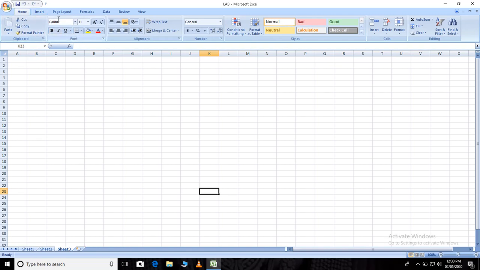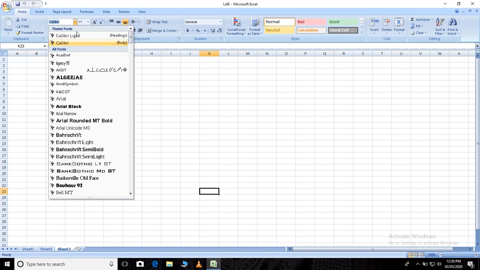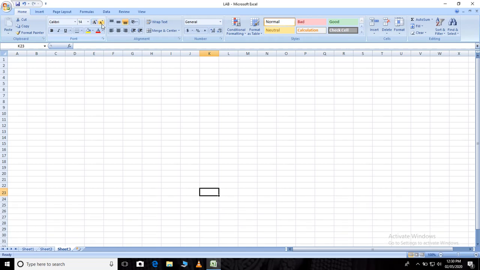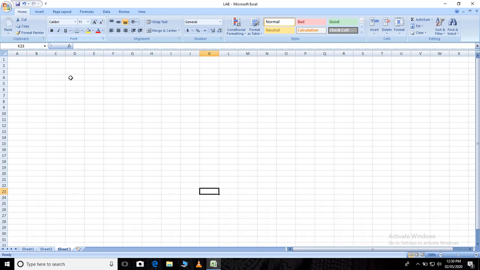Then here we have font size. Okay, you can here change the font type. If you click here, you will get different options of font type, and if you click here, you can change the font size. Okay, then here also, if you click, you can increase or decrease. You can see here that there is a change in the number. Okay, 14, then again if I click it, 10, 11. Okay, so here again we can make it bold, italic, underline for your font.